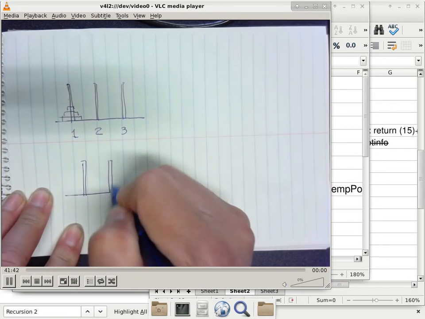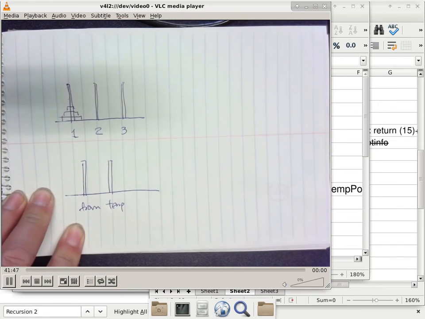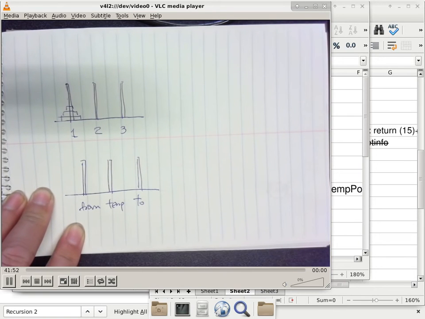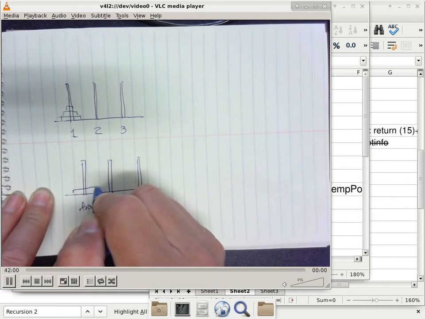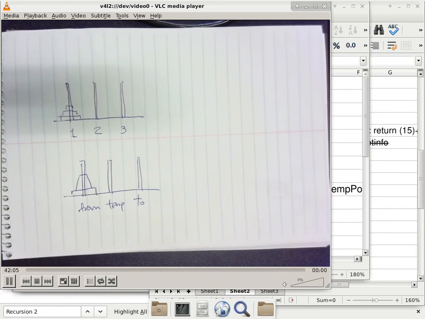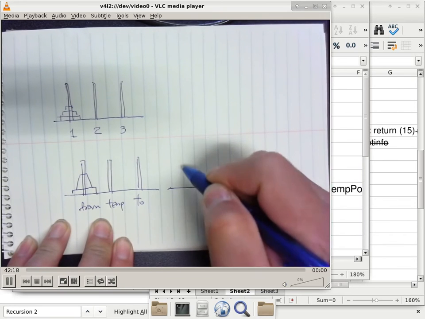Okay, we have from. This is from. This is temp. I should have called it via, and this is to. Okay, and all we need to know is it is not a single disk that we're moving. We're moving multiple disks. With multiple disks, we're only concerned about the bottom disk and the pile on top. Okay, so we look at the problem as two pieces: the smaller problem, and then that one bigger disk at the bottom. Okay, so if this is the case, then we can solve the problem by first moving the entire upper pile